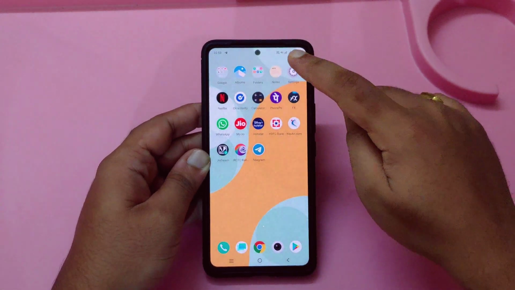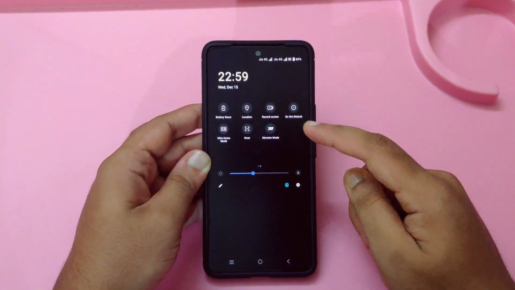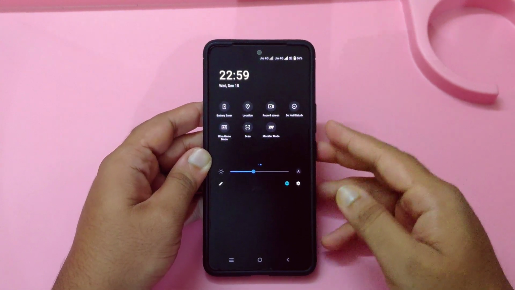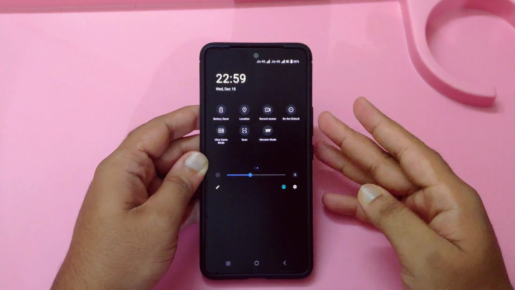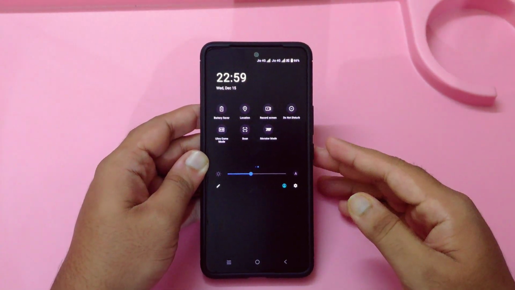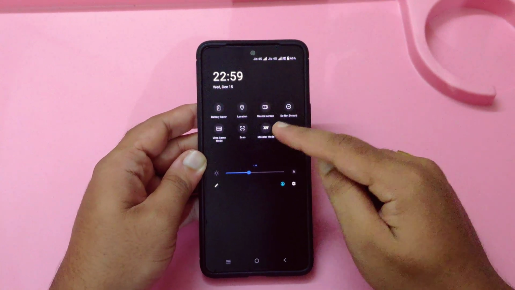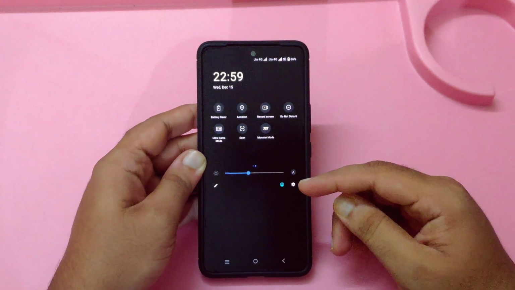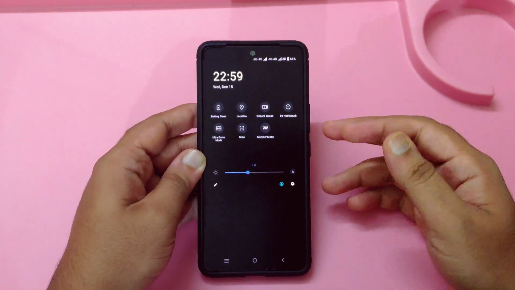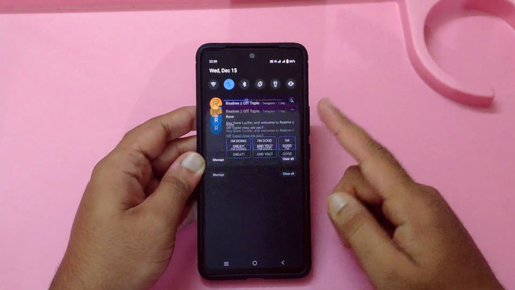And also let me show you the settings here. The main thing I liked most here is that there is a monster mode, which everyone wanted in iQOO 7, because right now it is in the iQOO Z5 as well. As we are on Android version 12, we are having the monster mode. It will help in games whenever you are playing any game, it will boost it, and the efficiency will be increased in your mobile phone.